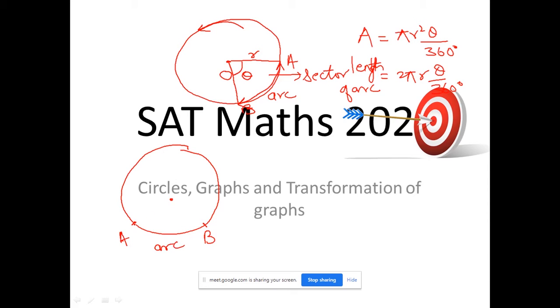So, we've seen that the portion of the circumference is called an arc. If we connect the points A, B and make a straight line AB, this straight line AB is called a chord. If we connect it with the center, then the central angle is theta. Okay. The area subtended by the chord AB, that is the shaded region, is called the minor segment.